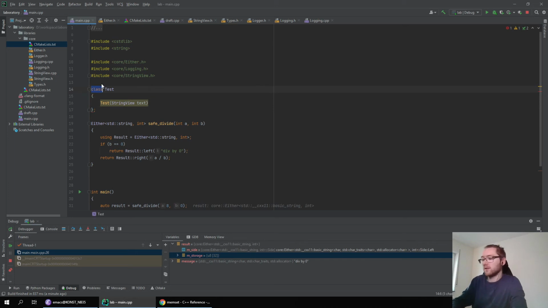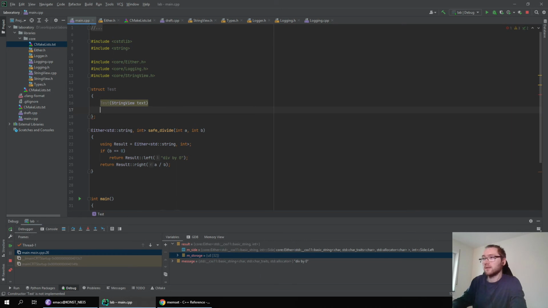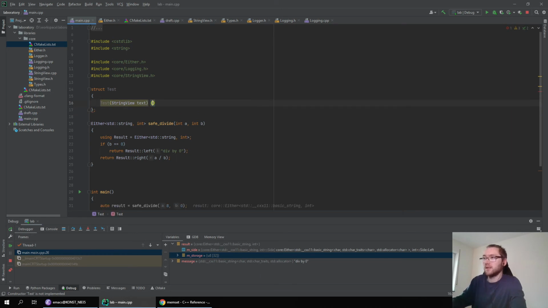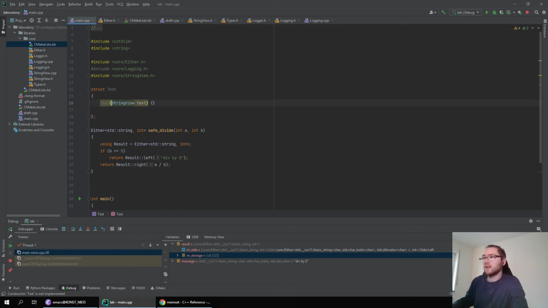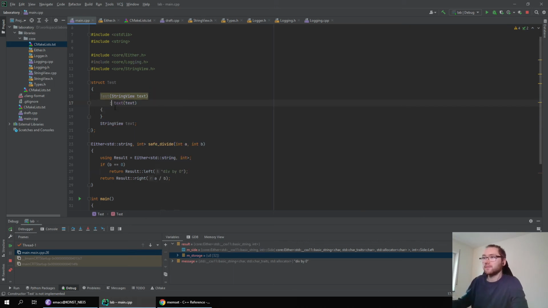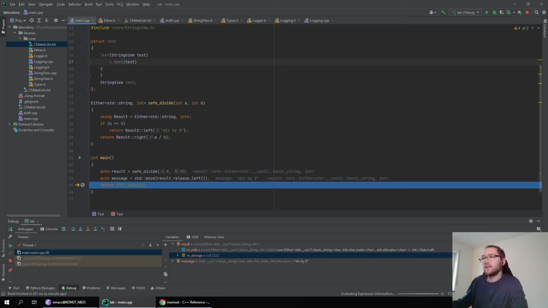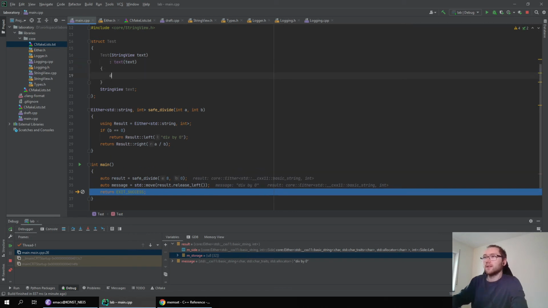So let's just use a struct since I don't want to deal with visibility modifiers. Let's just give our thing our text. Just remember what we give it. And let's print it.